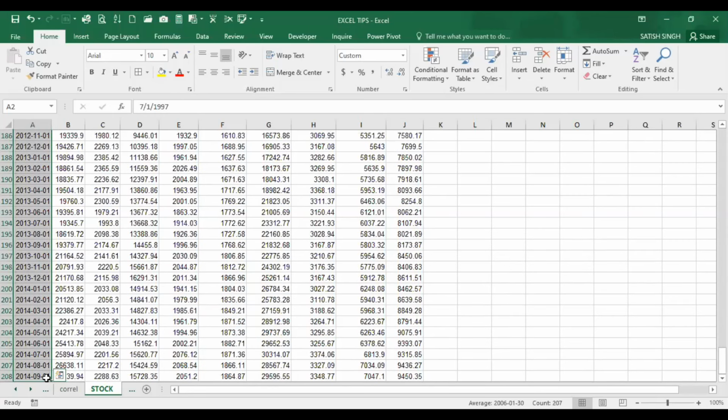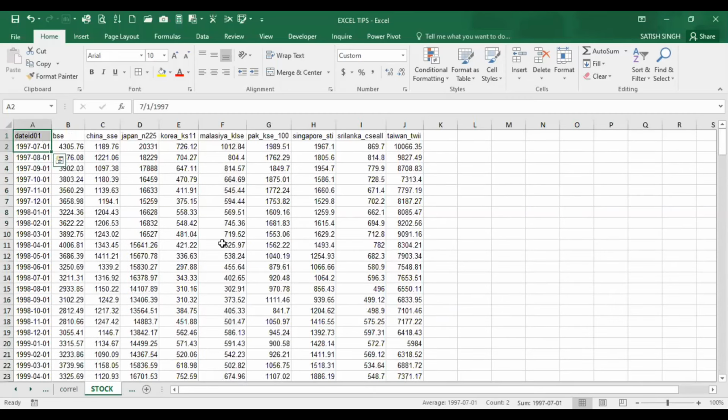It is stock exchange data till 2014. Not getting into detail, here we have 9 variables.